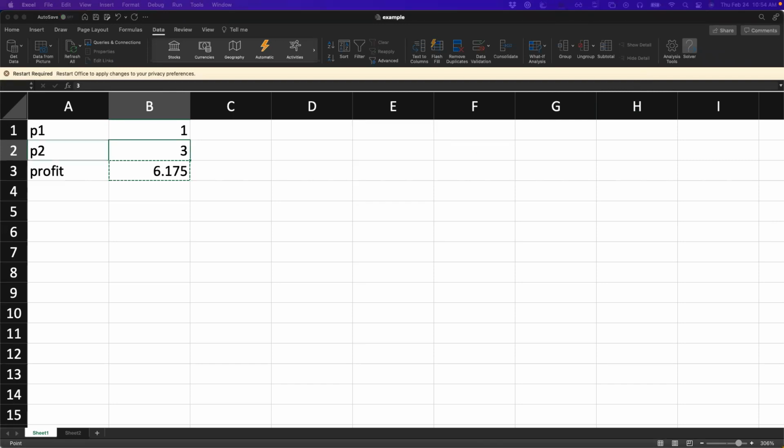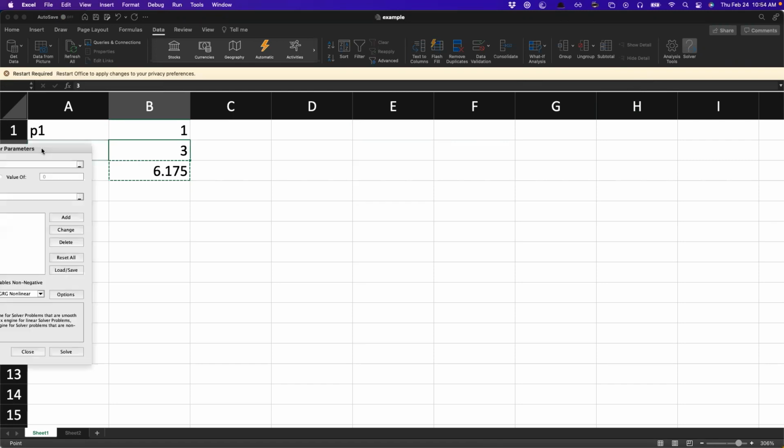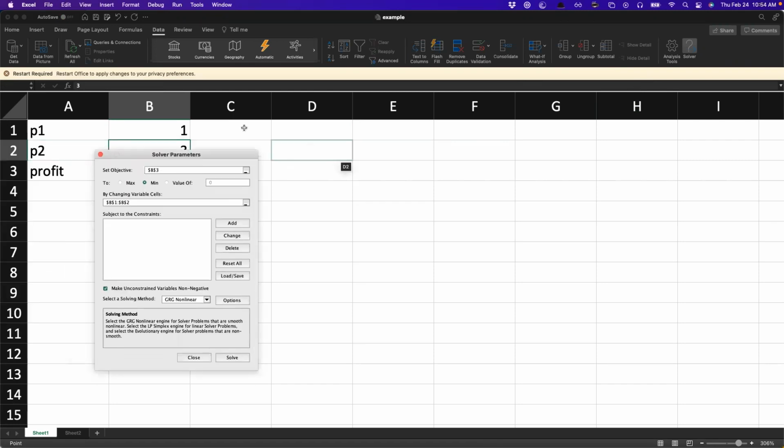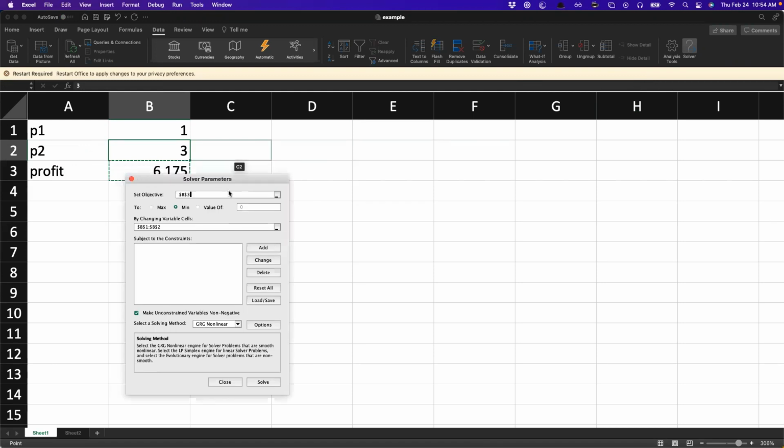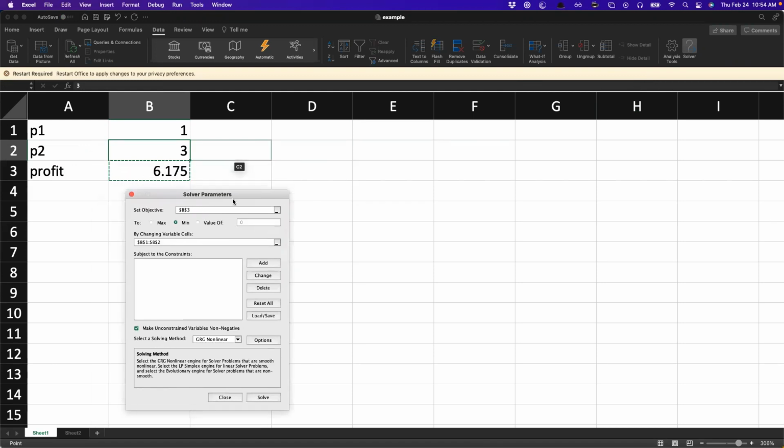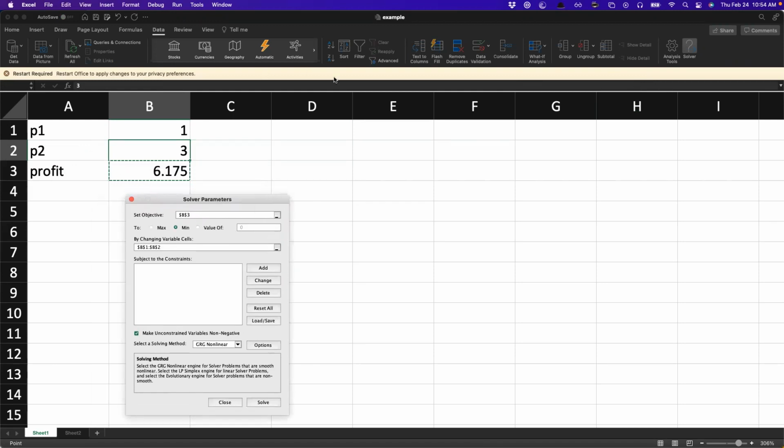Okay, so when you click that, there should be a little box that pops up like this. Yeah, one sec. Why is it not? It's not able to go past here for some reason. Okay. So in the data tab,